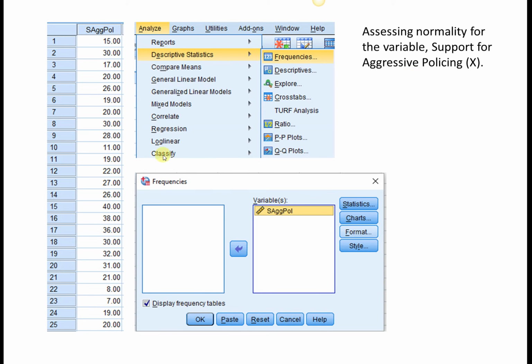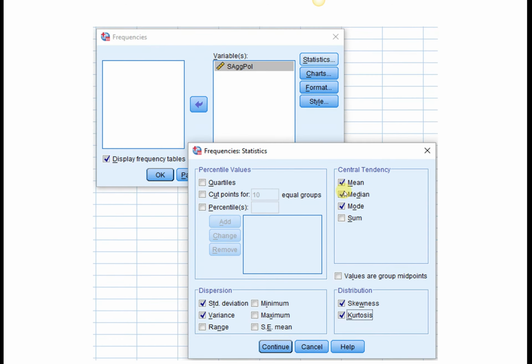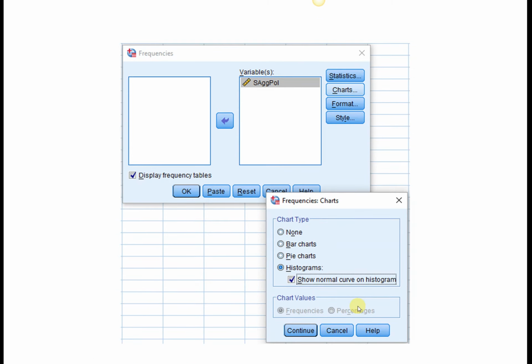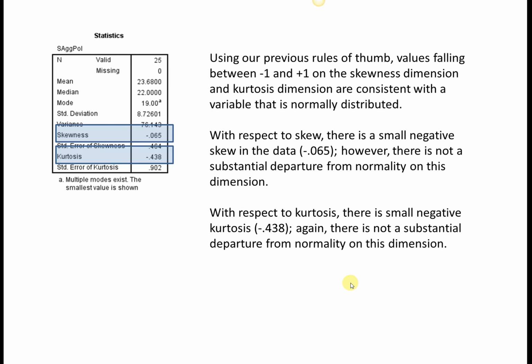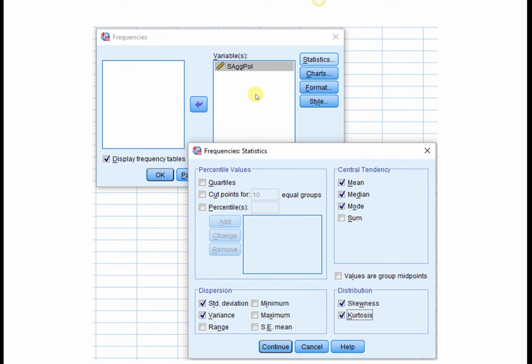So there are a couple of ways that we can request normality evidence for a variable in SPSS. This is just a set of screenshots. The first way is we can go to Descriptive Statistics, Frequencies, and move our variable over to the Variables box. Click on Statistics. We can ask for the standard indices of central tendency and dispersion, but then we click on skewness and kurtosis under Distribution. Under Charts, we can click on Histograms and Show normal curve on histogram, and basically this will give us an overlay of what the data would follow if it was normal. When we click on Continue and then on OK,